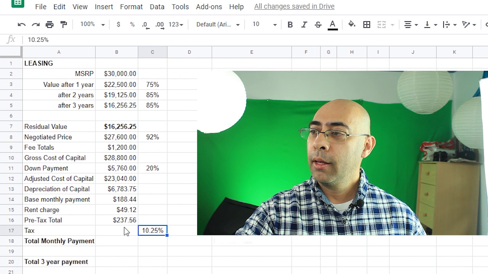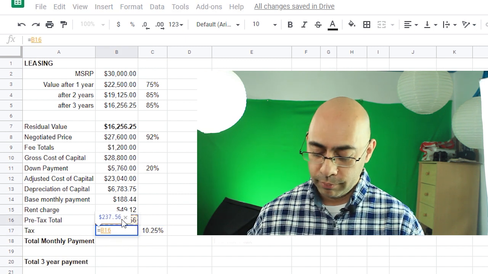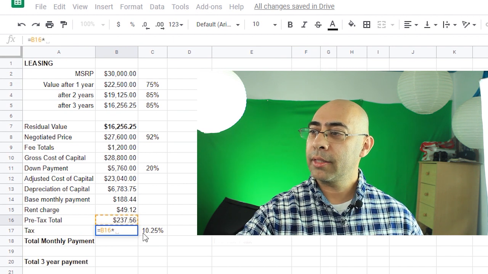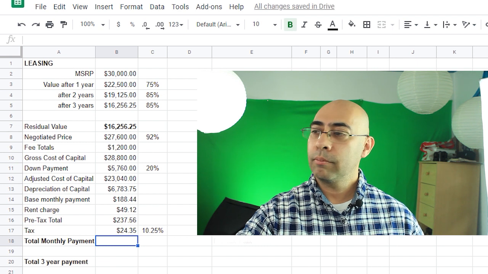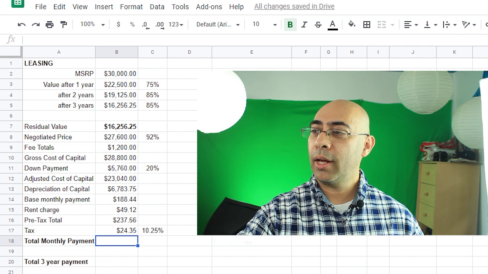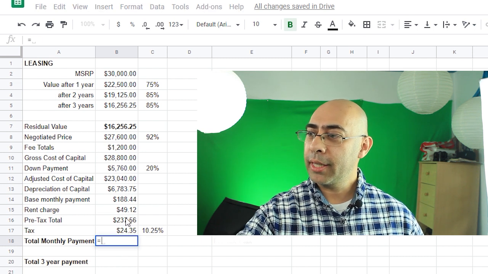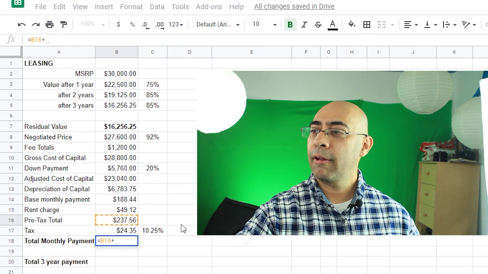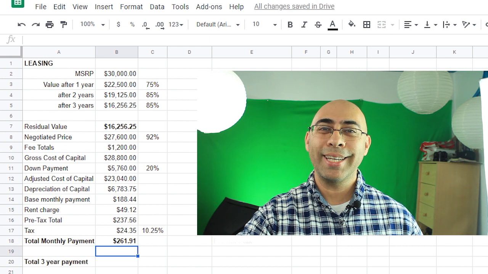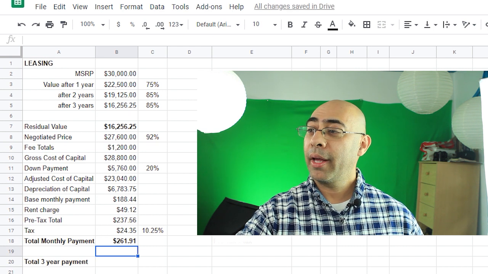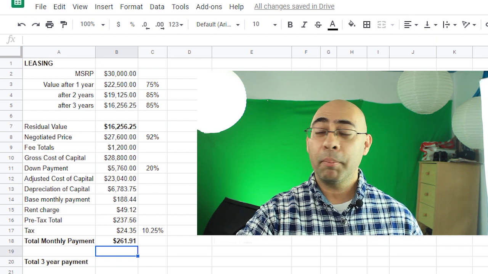actual work for you. So to figure out the tax, it's just equal to our pre-tax total multiplied by our 10.25%, hit enter, and so our tax per month that's going to be charged is $24.35. So your total monthly payment is just your pre-tax total plus your tax, which is $261.91. So you're paying that much money every month for a $30,000 car, and I'm assuming it doesn't include any